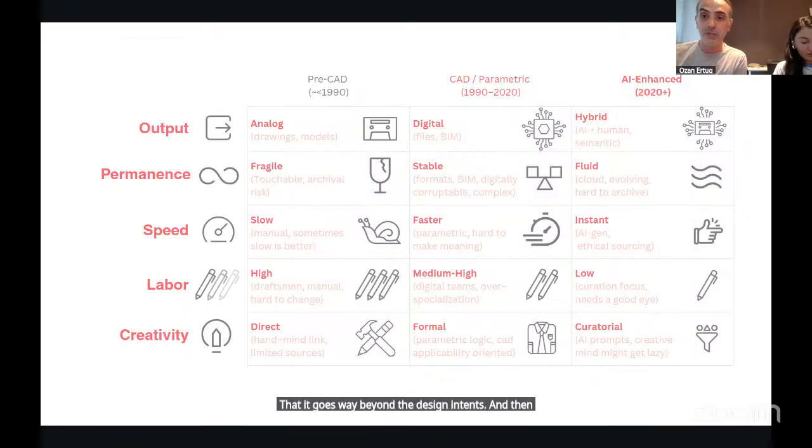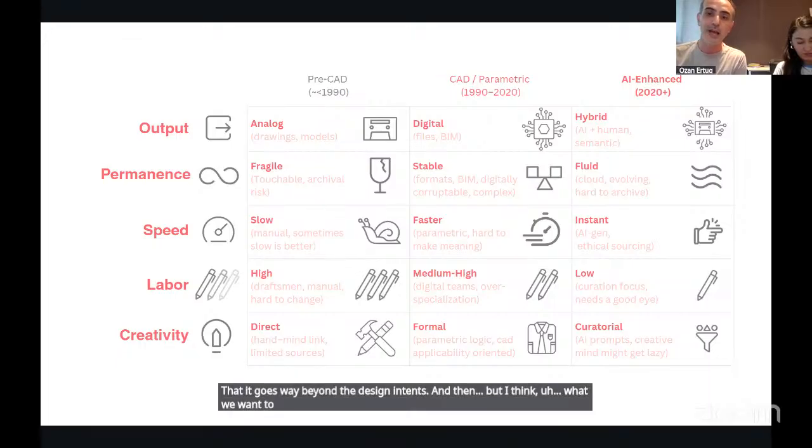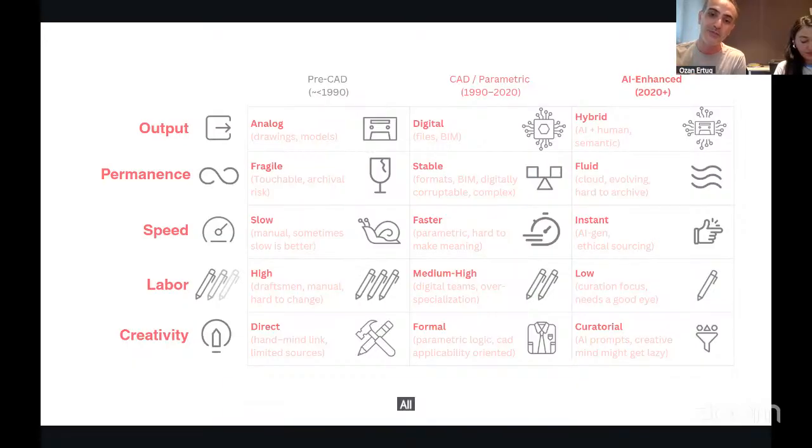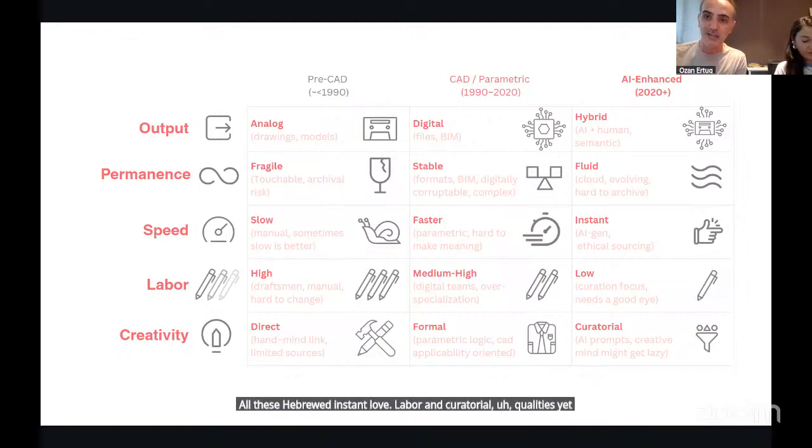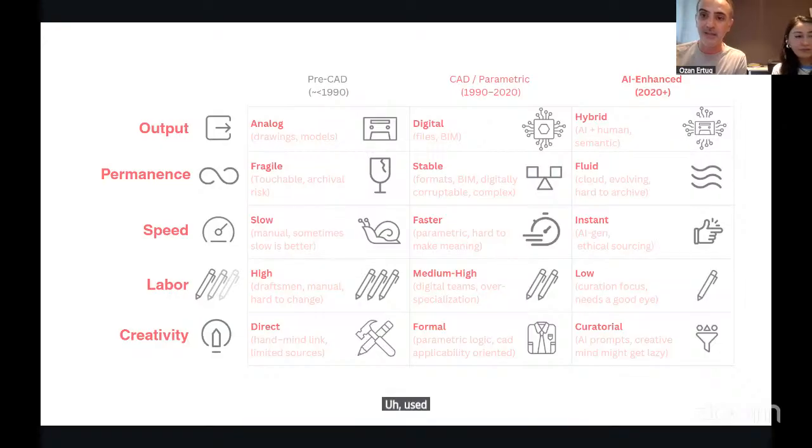And then, what we want to get to in AI, I don't say AI is actually getting there yet, with all these hybrid, fluid, instant, low-labor and curatorial qualities, but it's getting to that point and it's meant to be used at this level of integration.